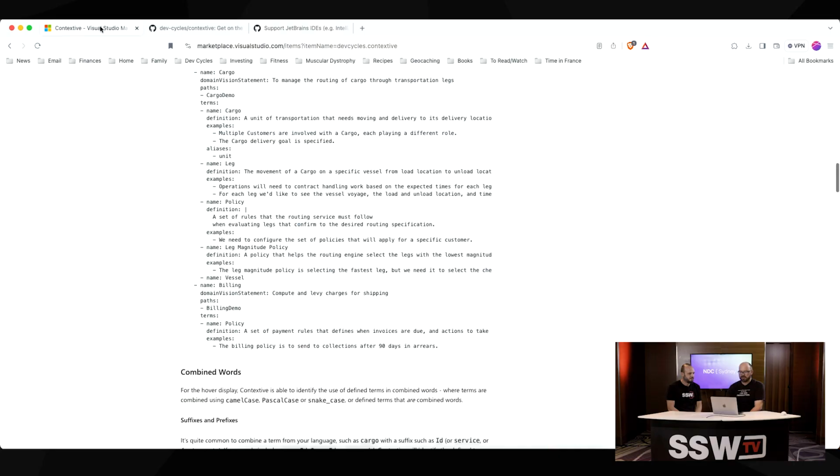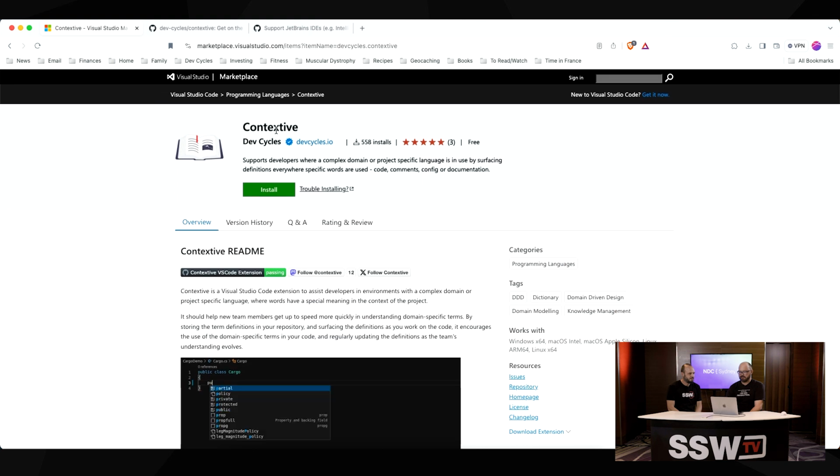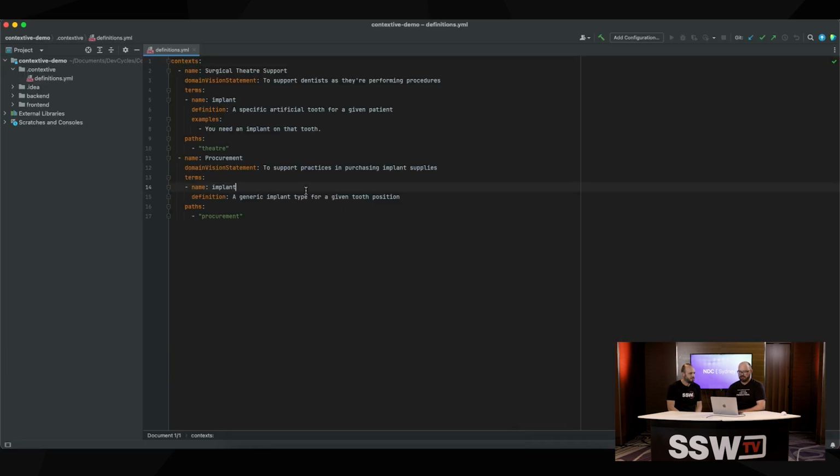Yeah, so look, there's a bit more to it, but it's probably enough for today. But if anyone is interested to check it out, it's currently available in Visual Studio Code. On the marketplace there, it's called Contextive. So you can get that and install it in Visual Studio Code straight away. I do have it working in another POC of the IntelliJ product. So you can see here,